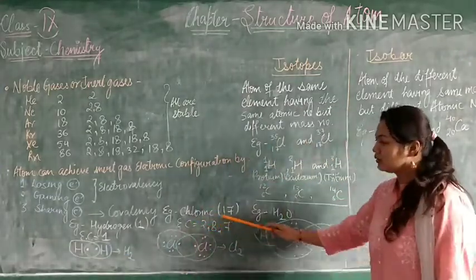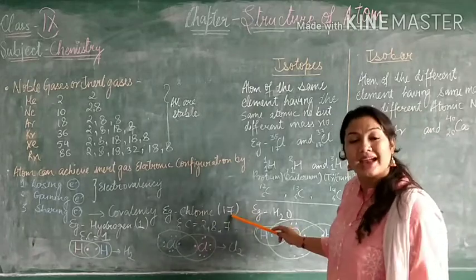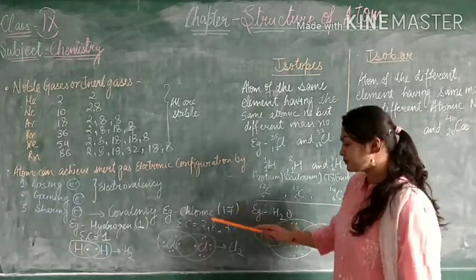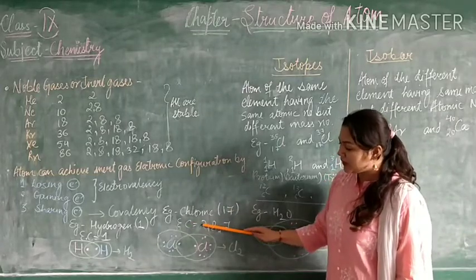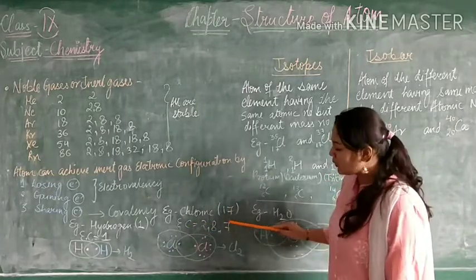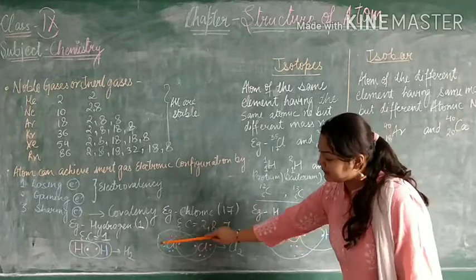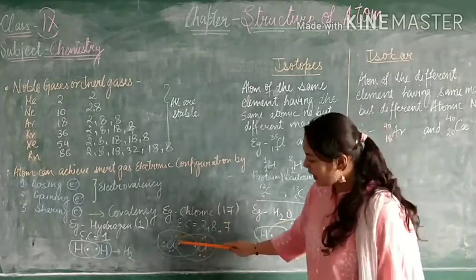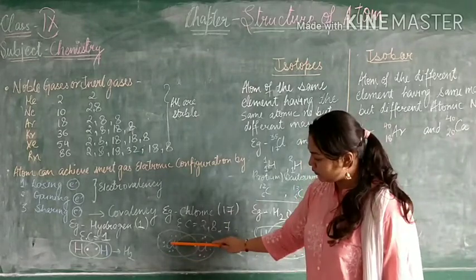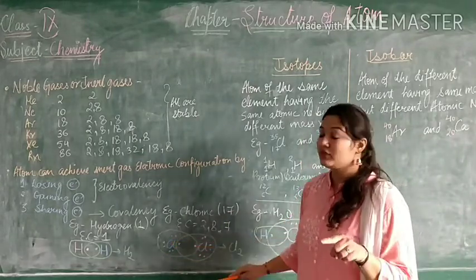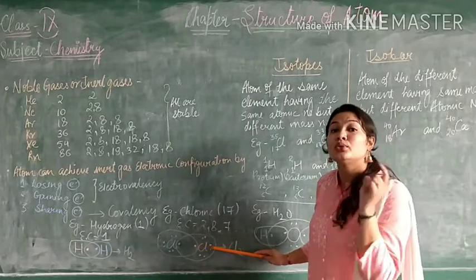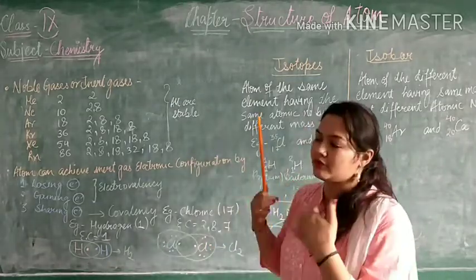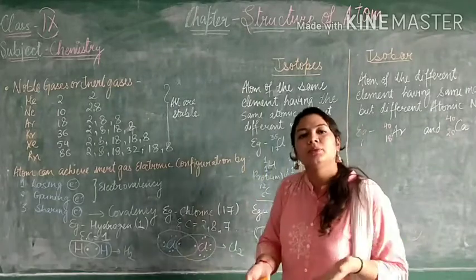Same with chlorine. Chlorine has atomic number 17, that means its number of electrons is 17, and even the protons are 17. So the electronic configuration will be 2, 8, 7. Now, these dots are the valence electrons. So what are the valence electrons? 7. So now I am putting the 7 electrons in the blue chlorine. Blue chlorine will ask the pink chlorine to share, so that we don't have to go anywhere else and we will be stable.